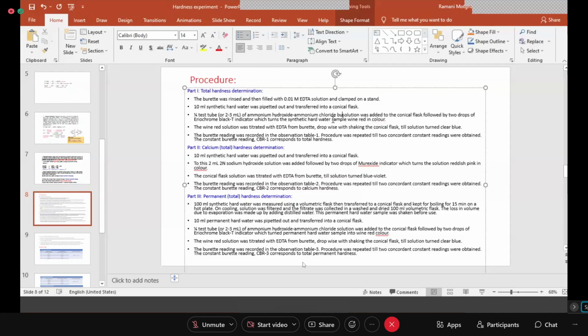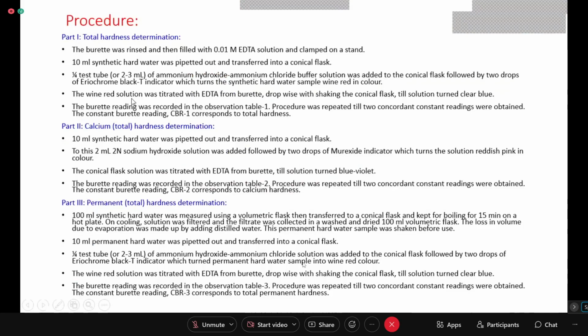Buffer solution was added to the conical flask, followed by 2 drops of eriochrome black T, which turns the synthetic hard water wine red. See, after taking 10 ml of synthetic hard water, you add 2 to 3 ml of ammonium hydroxide, ammonium chloride buffer solution, and by adding this and shaking it nicely, you will see that the synthetic hard water turns wine